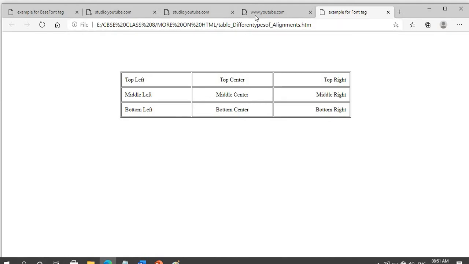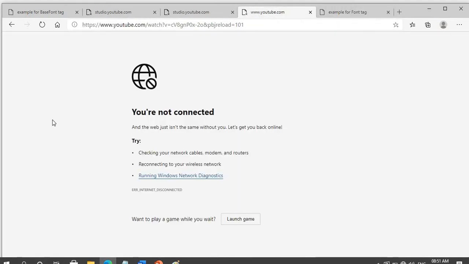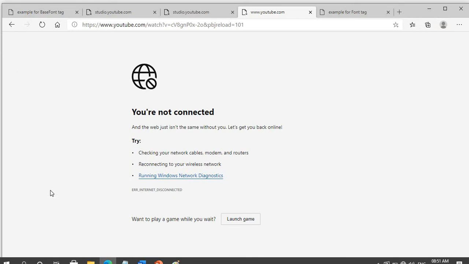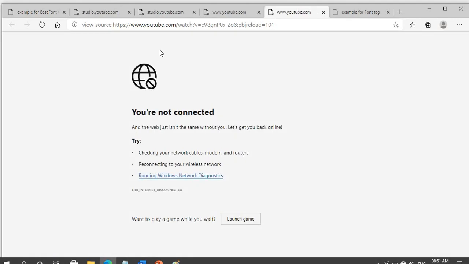Okay, I think here I don't have the internet connection. If you go to your web browser, or to any cyber cafe, just right click, then view page source. If you click on view page source, you will get the entire HTML code of this particular page.